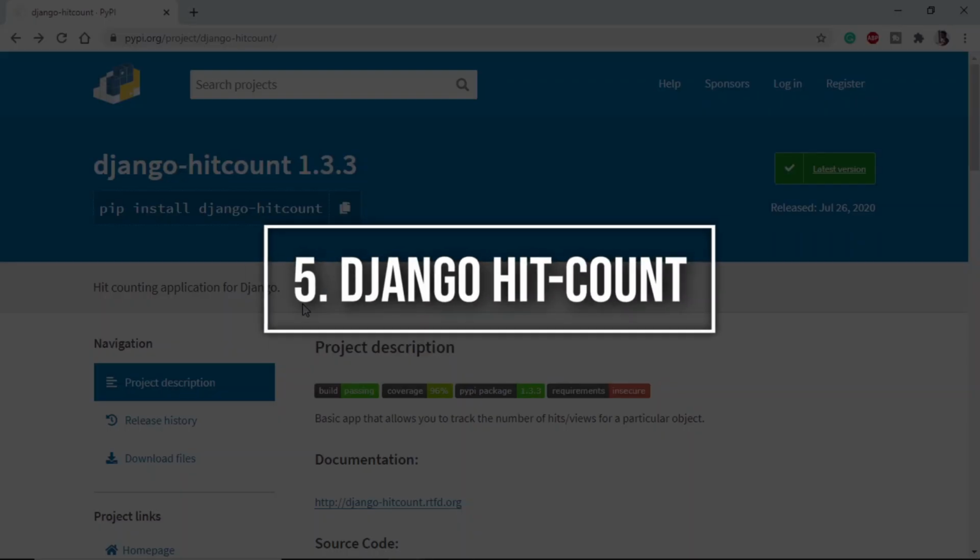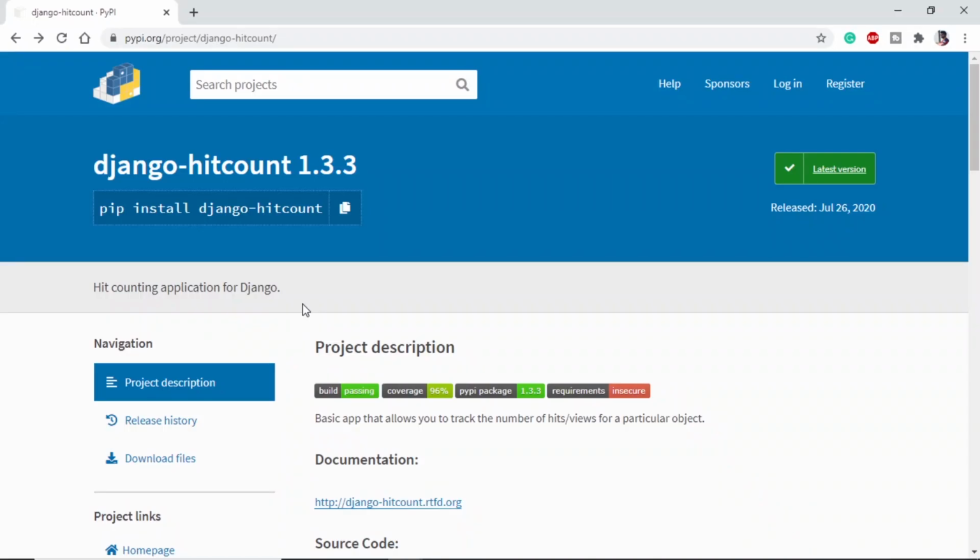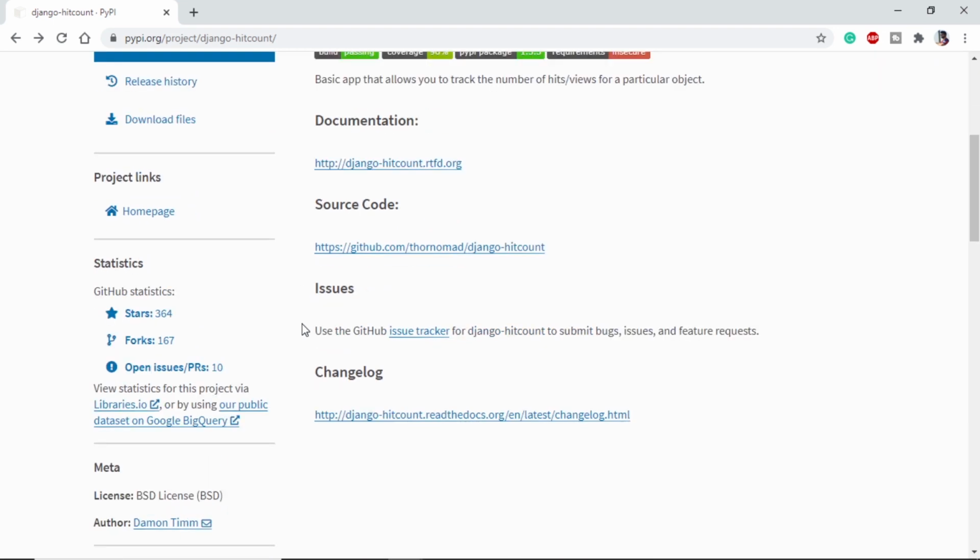The fifth and last library on our list is Django Hit Count. So Django Hit Count helps us in getting the view count of how many users have come to our website. For students who just started using Django, Django Hit Count may have a steep learning curve and it may take a while for them to learn it. But at the end of the day, it helps us get the view count on our page, so it is worth taking the time. Again, we have to install this, put it in our installed apps, and for the usage,